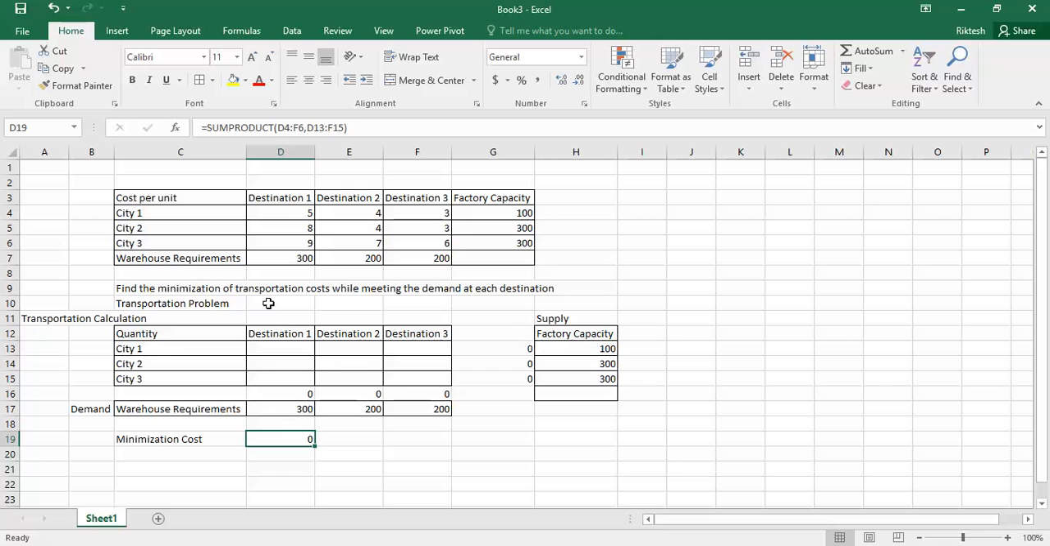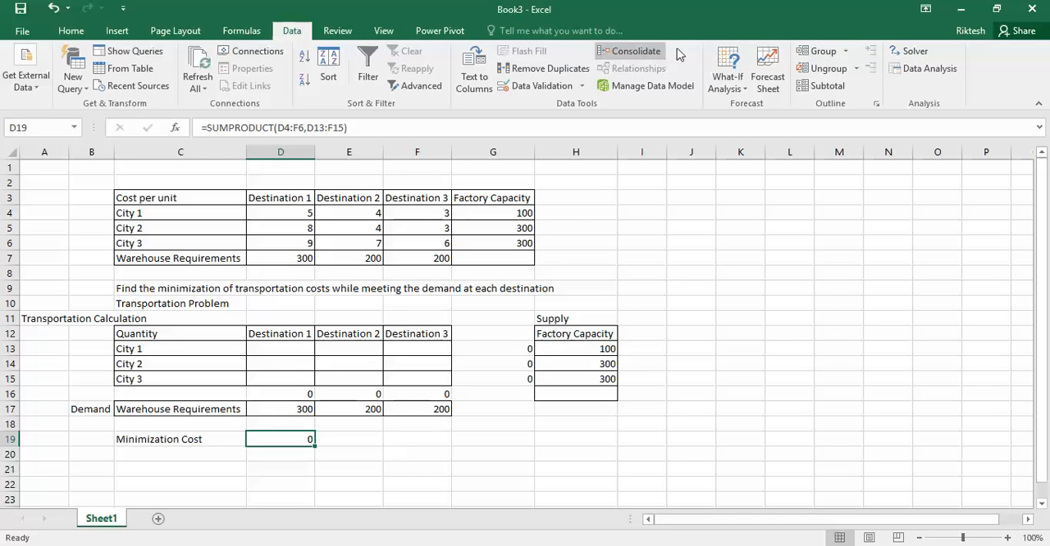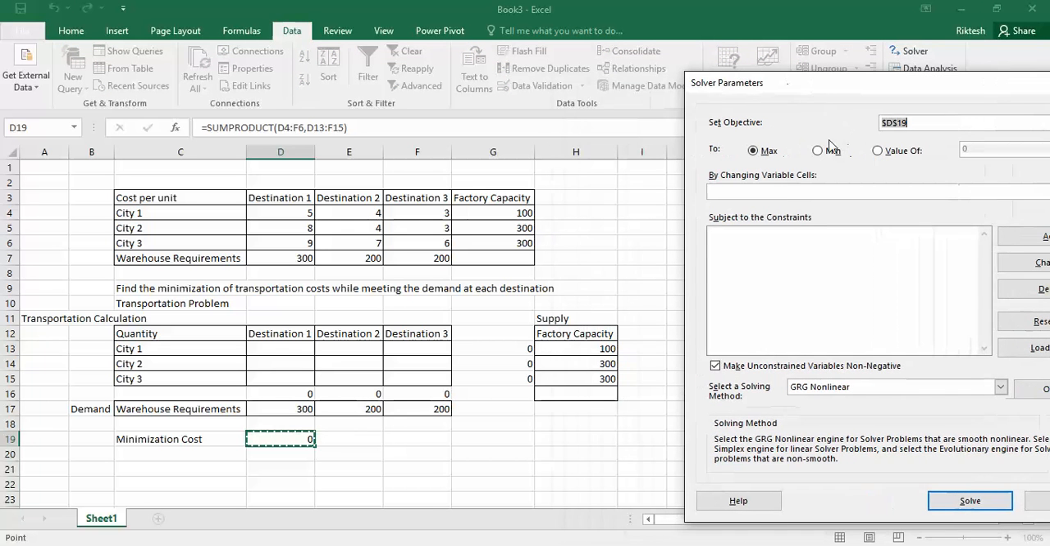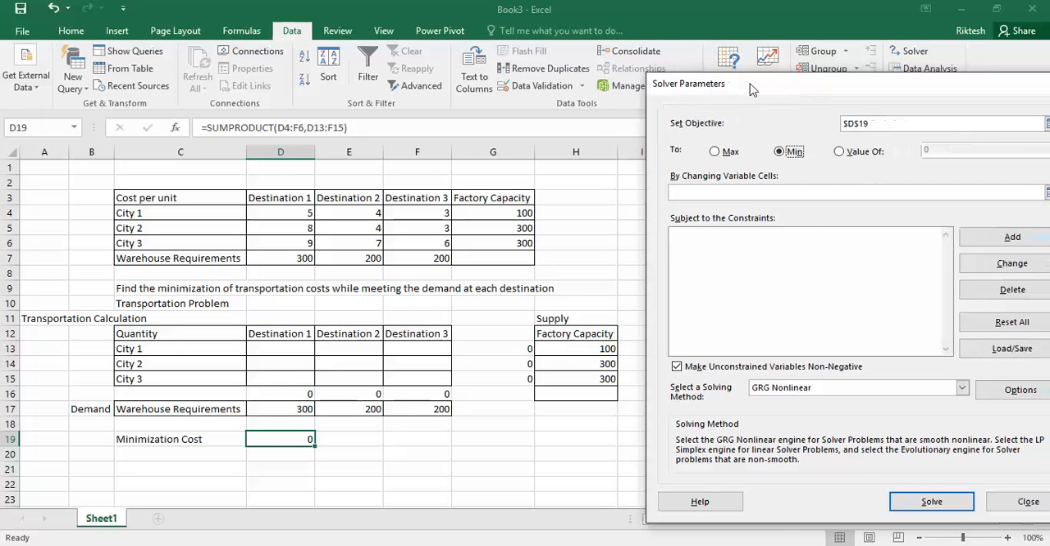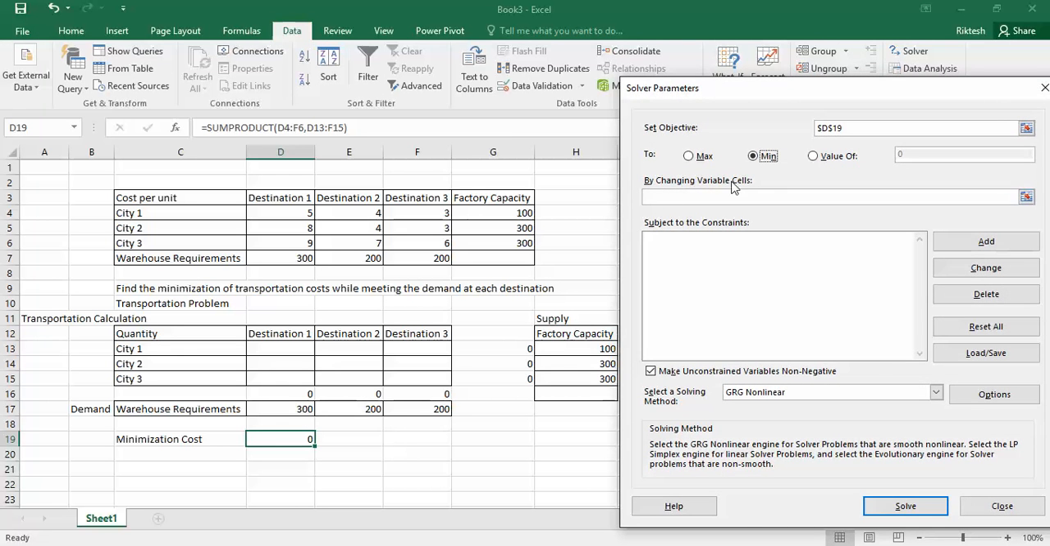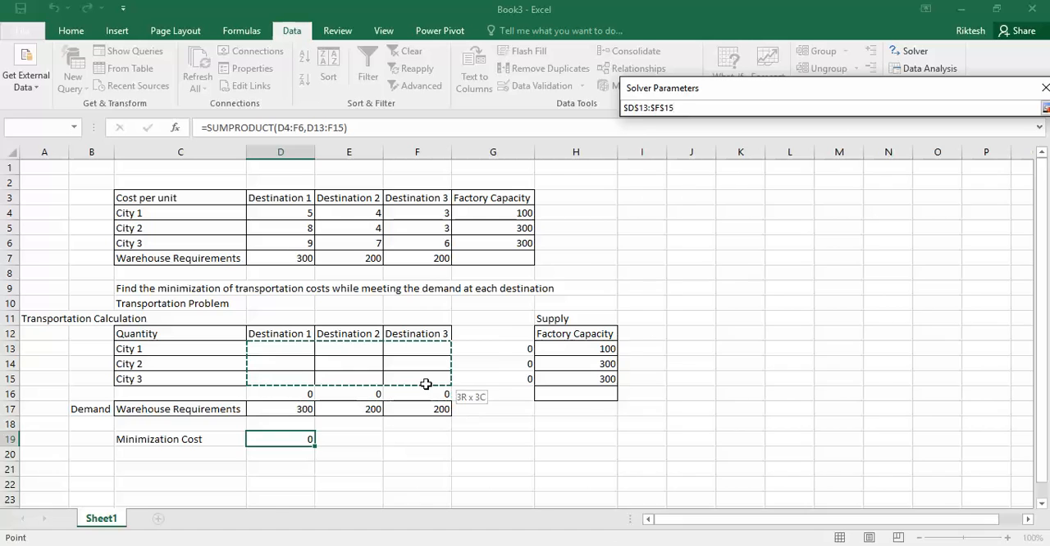Just select the cell, go to data, press it. On the extreme right hand side you will find solver. Press it. Okay, so don't change anything here because we have already selected the cell. Now here we have to find minimization, so I'll select here min. By changing cell variables, I want to find how much demand has to be met. So I will select all of these cells,